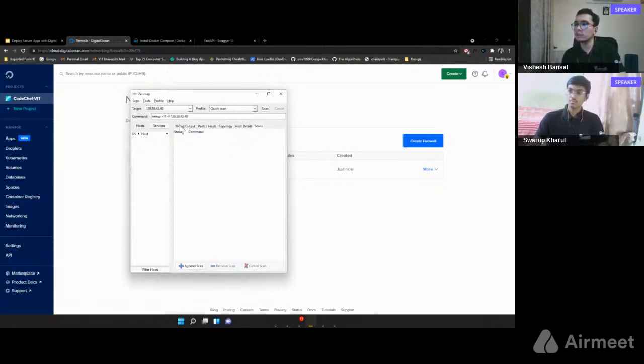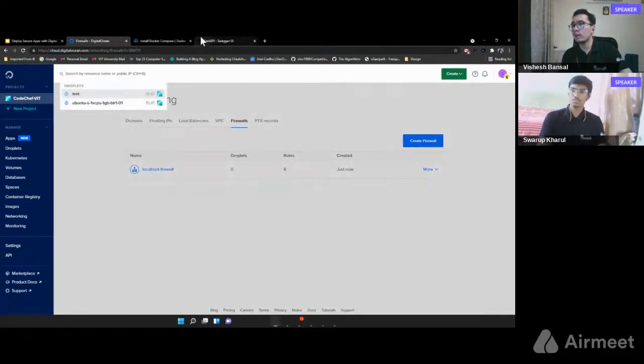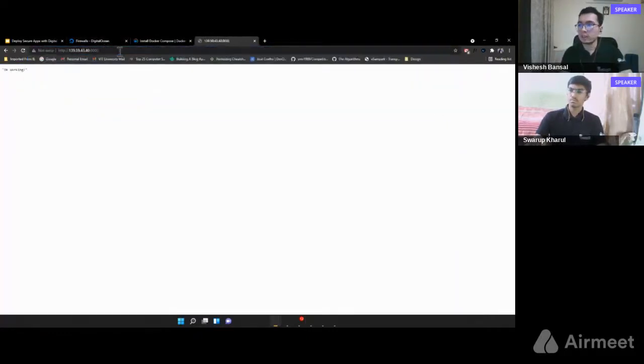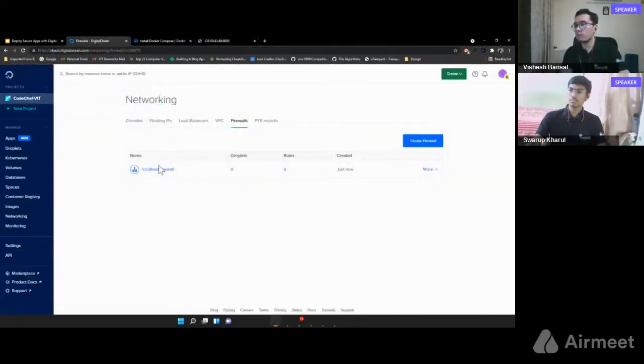Another way of doing so is a service called UFW, which is by default the Linux firewall that we have. So let me just try it out over here. I think this shouldn't connect. This is connecting, which means we have a problem with the firewall.